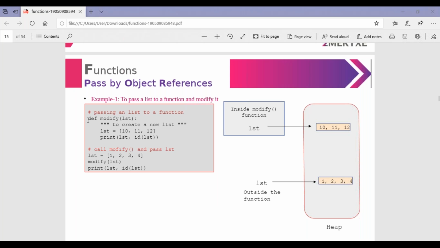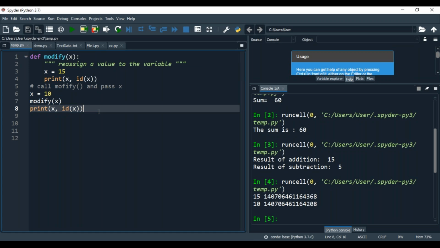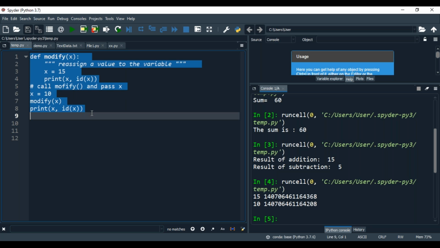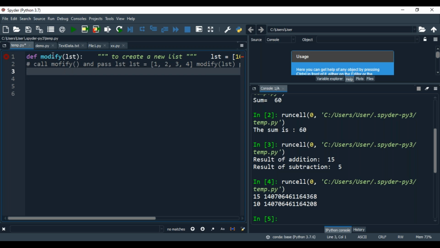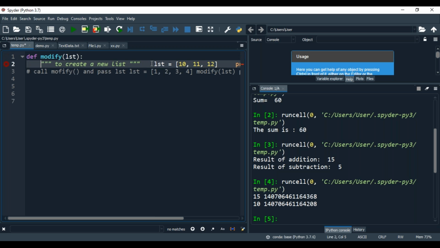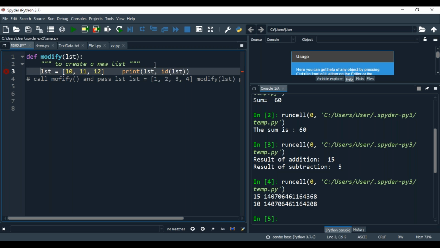Now see, define modify lst. Modify is the function name, not the list name. lst is equal to 10, 15, 11, 20, 12.